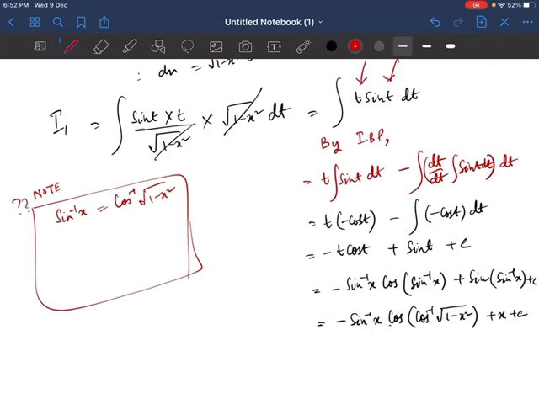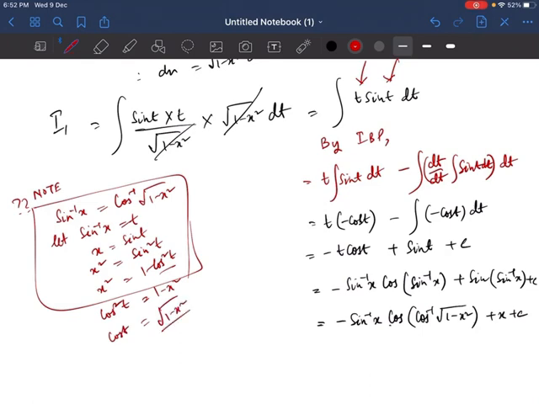So here you see, I will write let sine inverse x is equal to t, right? So x becomes sine t. Now I need to find cos t, right? So I will square both sides. So I have x square is equal to sine square t, and you know sine square t is 1 minus cos square t. So x square is equal to 1 minus cos square t. Now you take this cos square t this side and x square that side. So we have cos square t is equal to 1 minus x square. Now square root, so cos t is equal to root over of 1 minus x square. That's how I got root over of 1 minus x square.